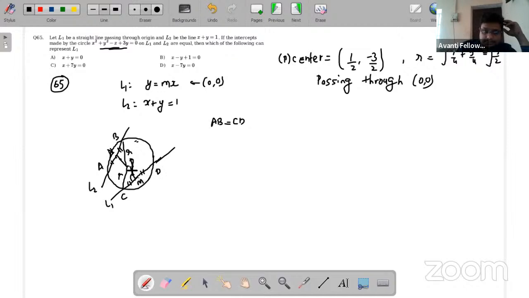So let's say this chord length is X, then this length will be X by 2, right? This will also be X by 2. Clear? And this is also X by 2. So what we can do, using Pythagoras theorem in both the triangles, we can find out this length, and we know these two lengths will also be equal. So we can write PN is equal to PM. That means perpendicular distance. So using Pythagoras theorem, we can write R square minus,